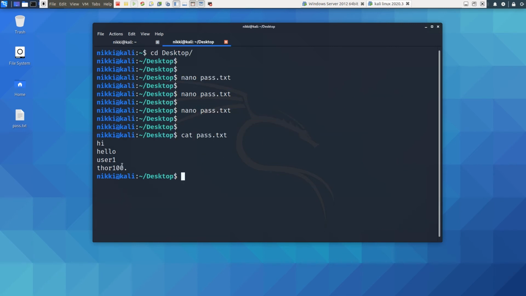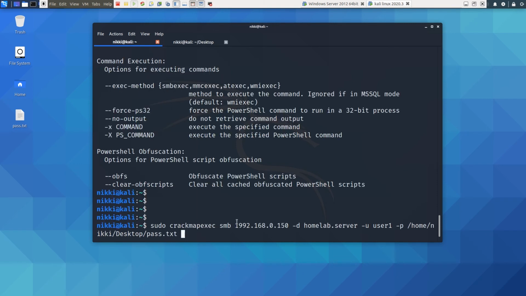I made this text file just to demonstrate that we can brute force the passwords, but in general you can use rockyou.txt or some other wordlist.txt. You need to say shares. First we are specifying the protocol and the IP address. Sorry, the IP address is wrong, it's 192, not 1992. So: IP address, domain, username and the password list, and we are attacking the shares.